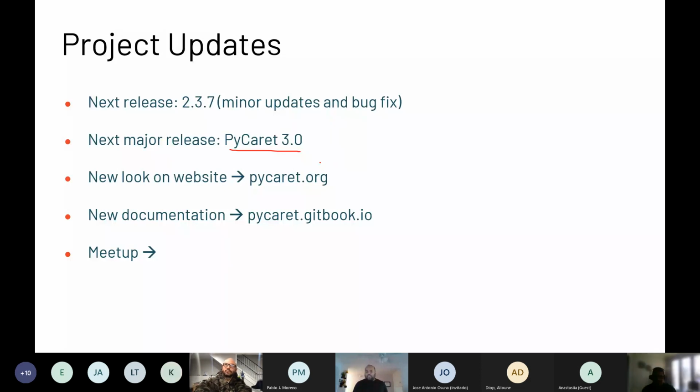We have a new website. Pablo has already shown it. Up until now, the problem was that there is a lot of PyCaret content on the internet, but it was all over the place. The website had old documentation. Then we had Read the Docs, which hosted API documentation. Then we had Medium blogs going on. There were blogs on my website and blogs on the PyCaret website, and it was all over the place. So what we did, and I've been working on this for the last one or two months, is I have cleaned